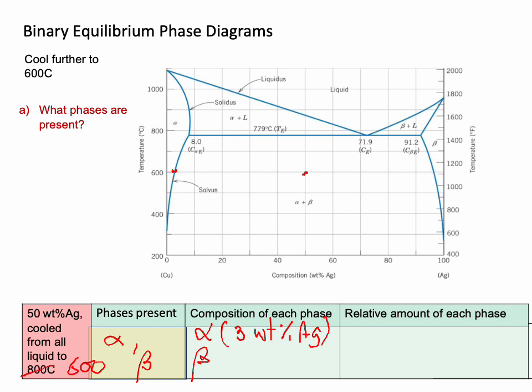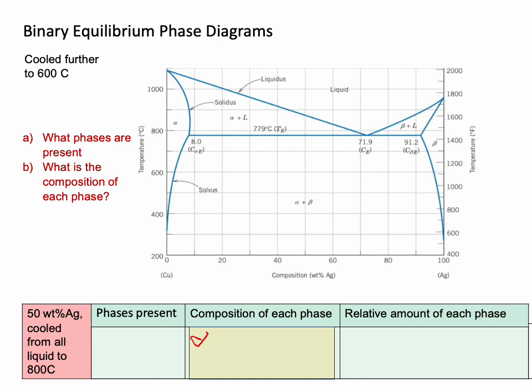And the beta, I'm going to call that 96. So my lever, oh, I'm jumping ahead, I apologize. Put these on the next slide. So the only thing I needed for this slide was which phases are present. Next slide,